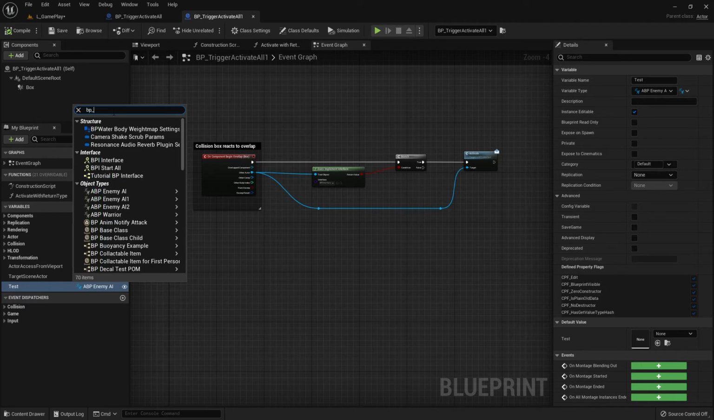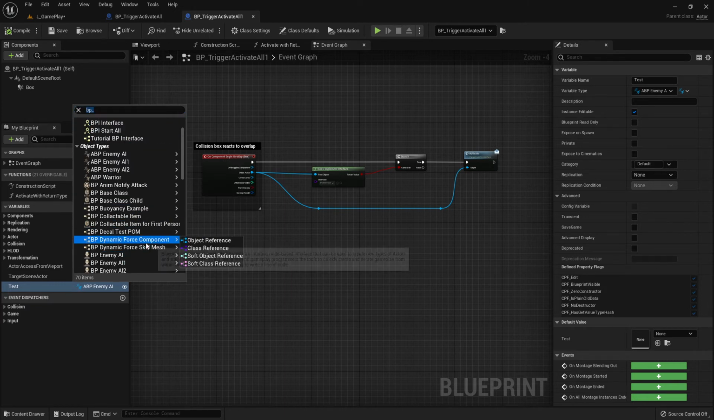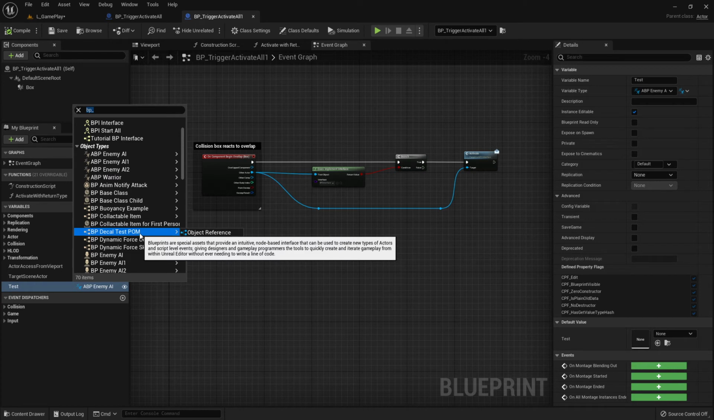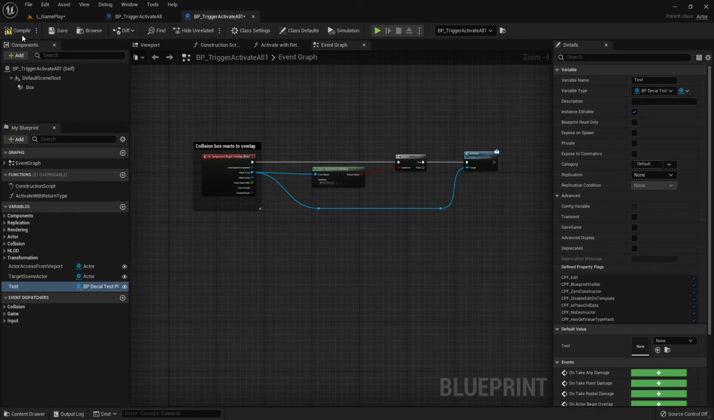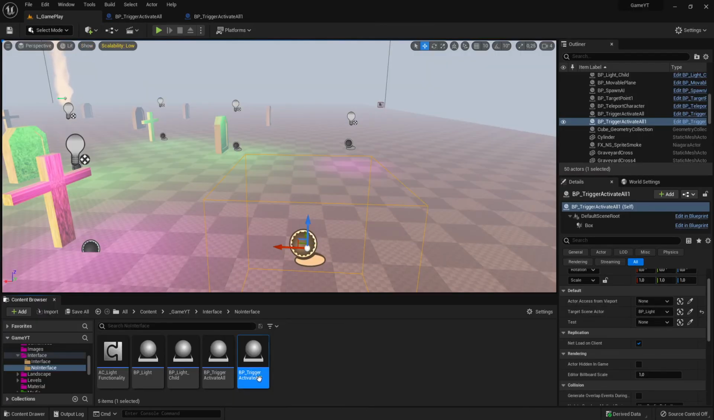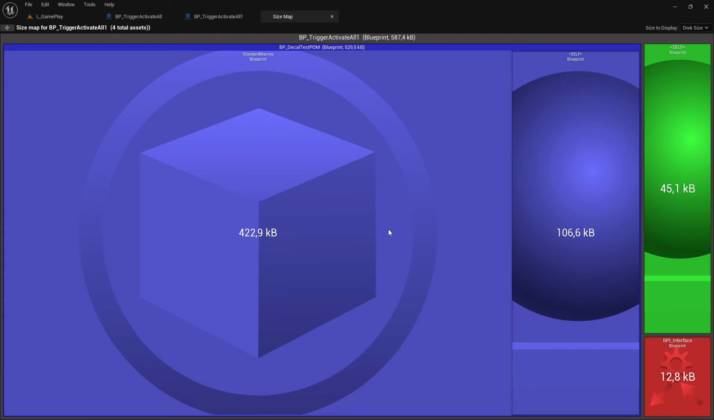BP. Okay, what is this BP? Let's see, enemy eye, not enemy. Let me test whatever this one is. I don't even know what this one is. Let's make a class of this one. And let's see what happens now. We go again, here's size map, and okay, this one has fewer references. Here's my interface, here is the self, and all this other kind of stuff is this BP decal